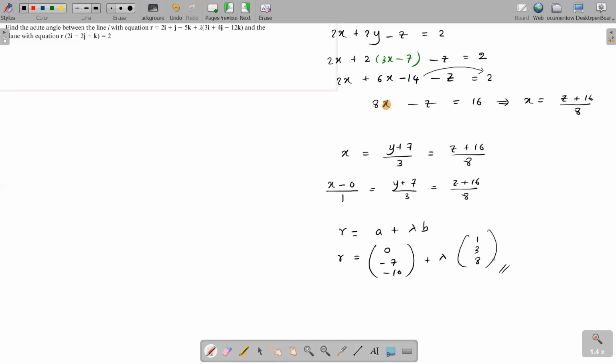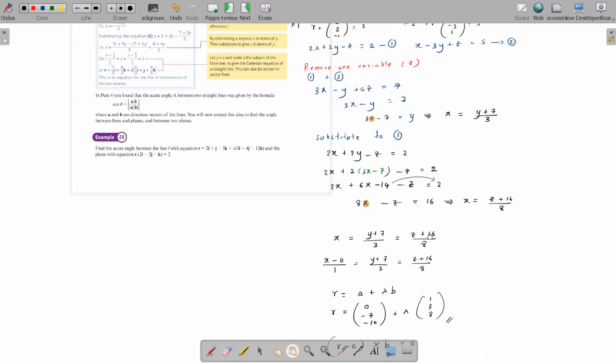So this is the vector equation. You could have given it in r cross b equals a cross b also, anything. Because you know a and b, you could have given your answer in this form anyway. So whatever format they ask, you can give it. Okay, so here, children, there is no rule.